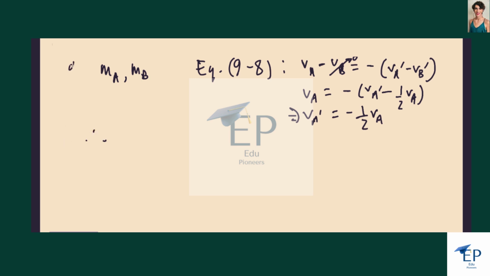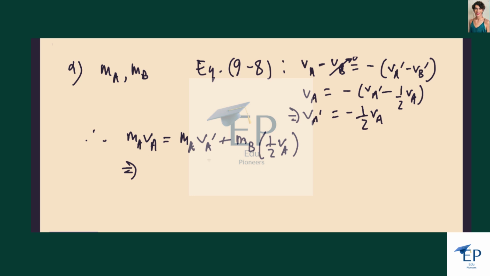So this is part A. We invoke momentum conservation. Initially, you have MA VA as the only momentum. The other ball is at rest. That's equal to MA VA prime plus MB VB prime, and VB prime is 1/2 of VA. Okay, so